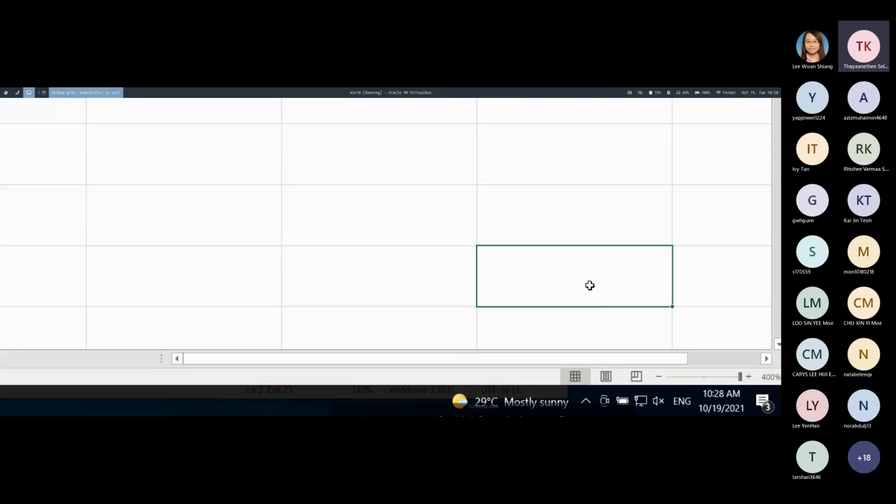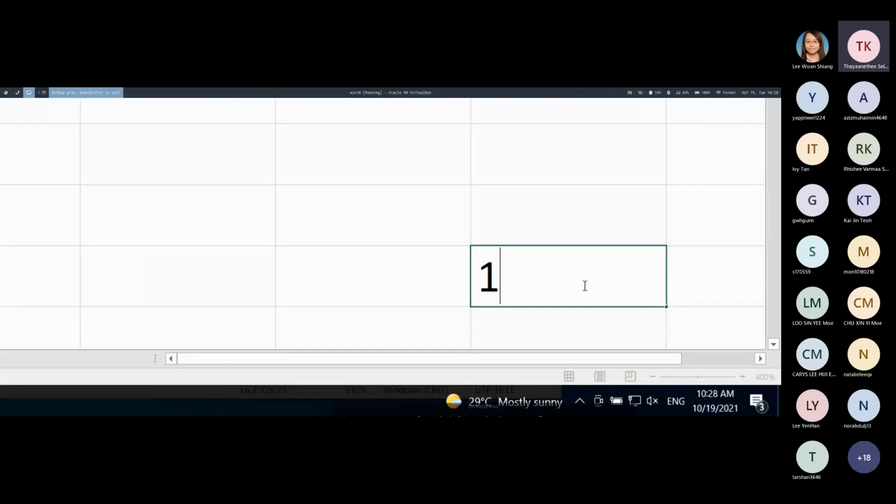Of course, we know that in Malaysia, we use day, month, year, right? We follow the UK style. So we should be typing it in this way. But because my system setting is in US format, this one is not a valid date format in my Excel. So to the system, this is not